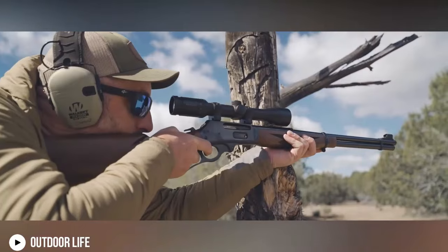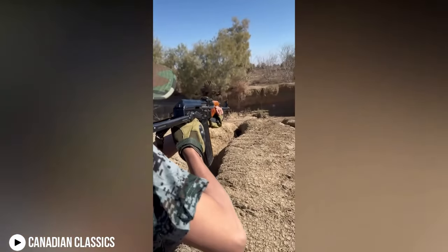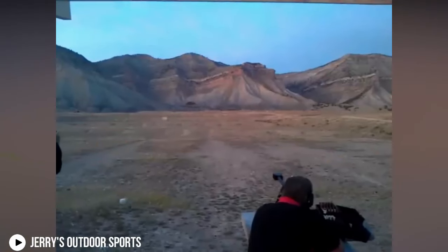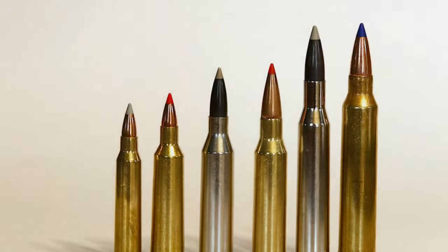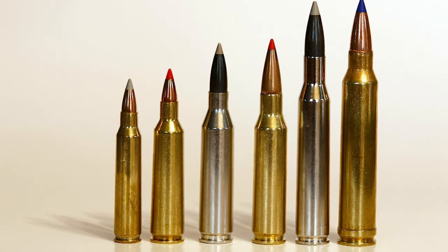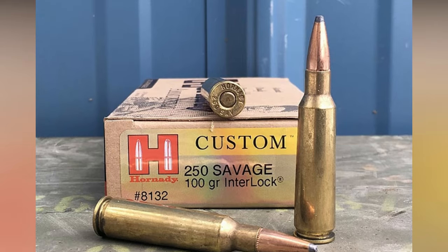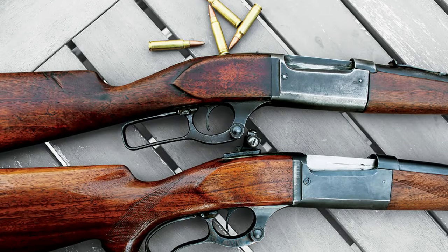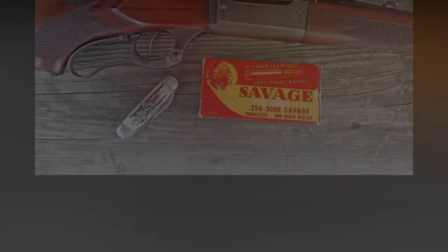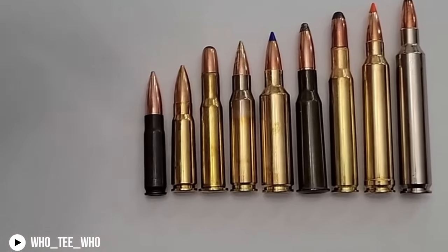The .250 Savage was known for its flat trajectory, relatively mild recoil, and impressive velocity, making it a favorite for varmint and small to medium game hunting. At the time of its release, the .250 Savage was considered cutting-edge, and it even outperformed other cartridges in its class. It was highly effective on animals like deer, antelope, and predators, and many shooters appreciated its precision over longer distances. However, the round struggled to maintain relevance as newer, more efficient calibers like the .243 Winchester and the .308 Winchester gained